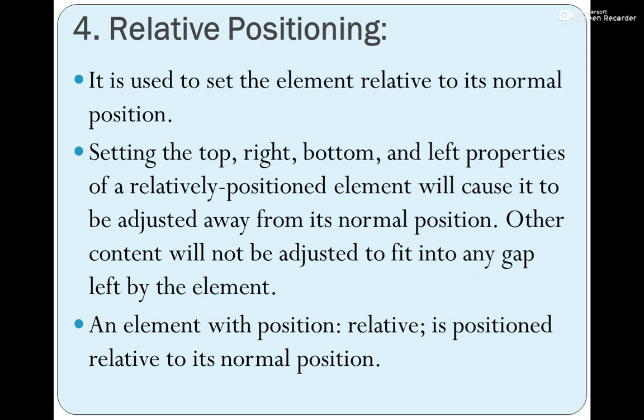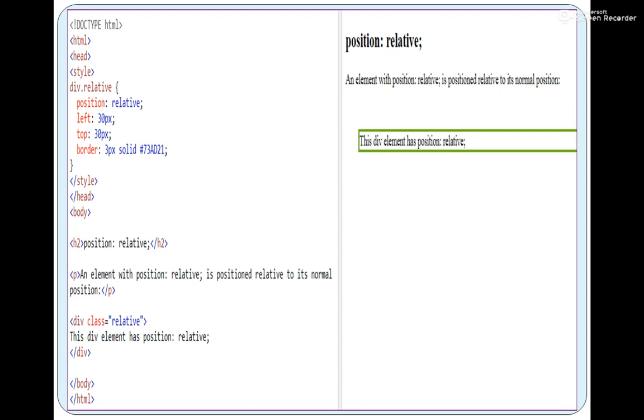Means they are interrelated. So if in my code there are 3 lines and I am using the relative positioning for the second line, so this second line will be placed according to the first line of the code. We'll see what exactly it means. So now this is the example for relative type of position, right? So first we will see the body part.